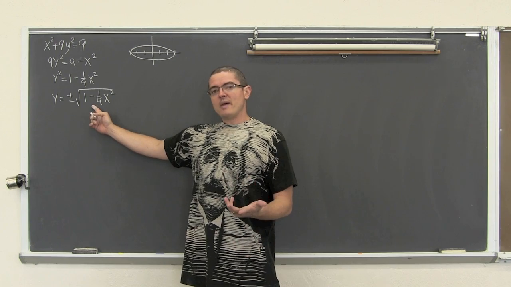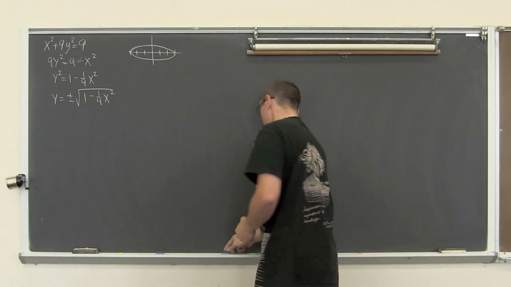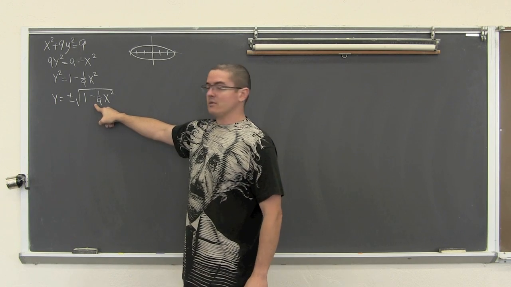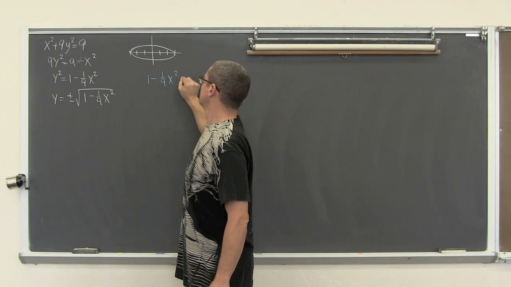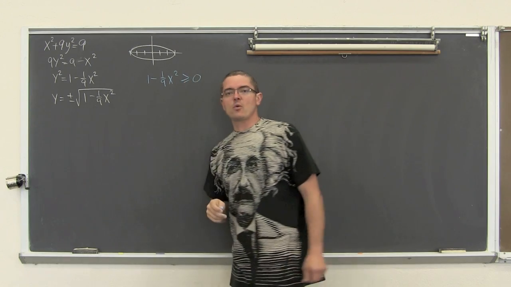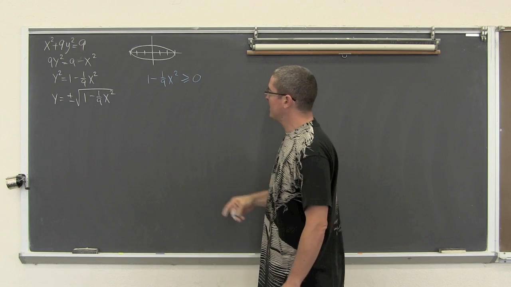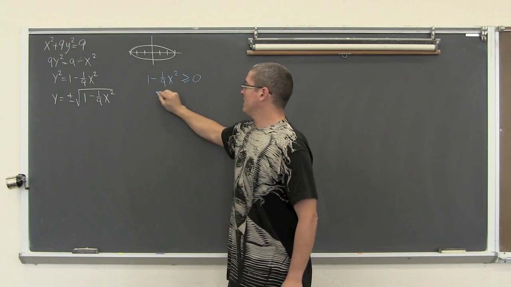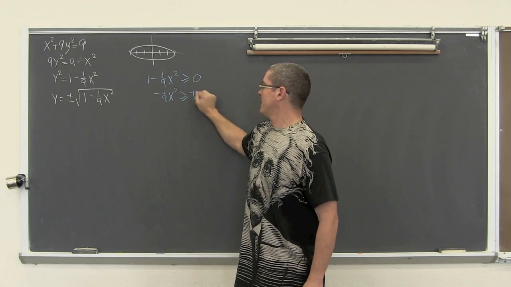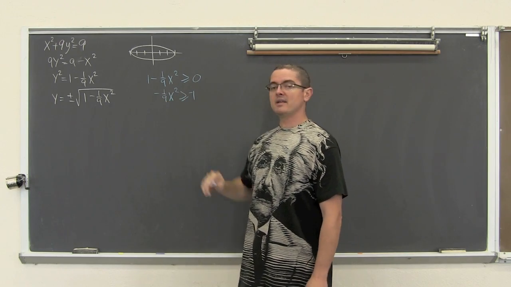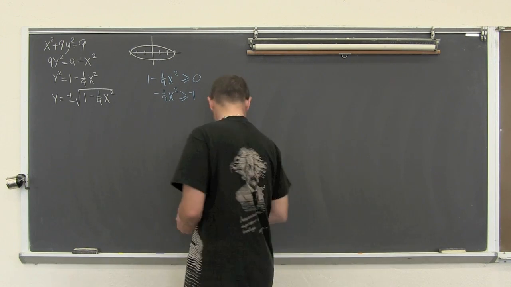If you want to know the domain of this function, if you're concerned about that in a particular question you're looking at, you can take what's inside the square root symbol and make sure that it remains greater than or equal to 0. I'm going to get off course here a little bit and finish this derivative in a second. I can subtract 1 from both sides, get negative 1/9 x squared is greater than or equal to negative 1. Multiply both sides by negative 9.